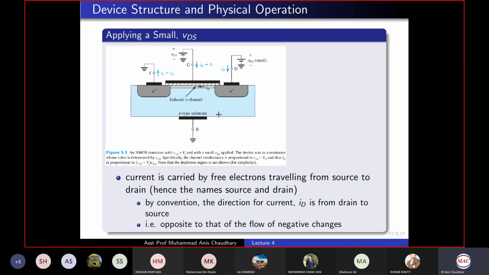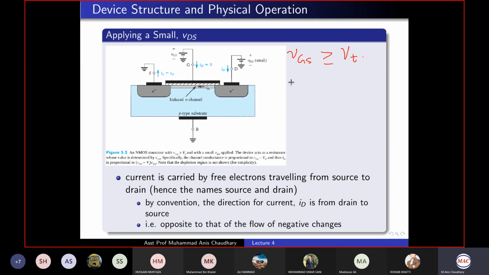We were talking about N-channel MOSFET, also called NMOS transistor, and we established how you develop a channel in it by applying a positive VGS, and VGS needs to be greater than VT to get a channel. So if VGS is less than VT, you don't have a channel, you don't have any mechanism for current flow from drain to source. But once you have a channel, when VGS is greater than this threshold voltage VT, you